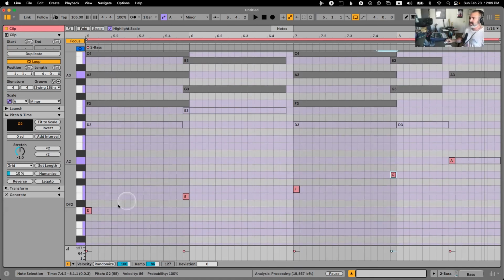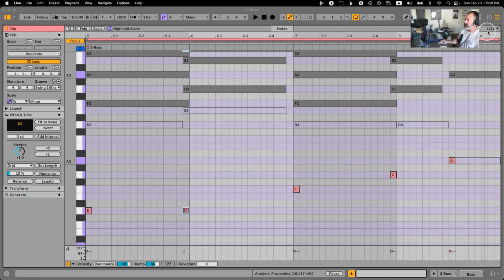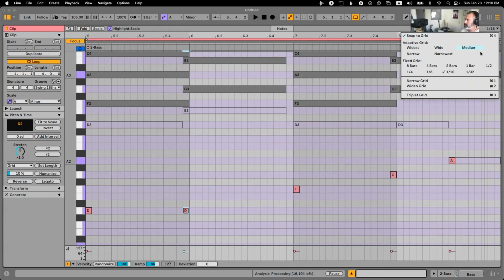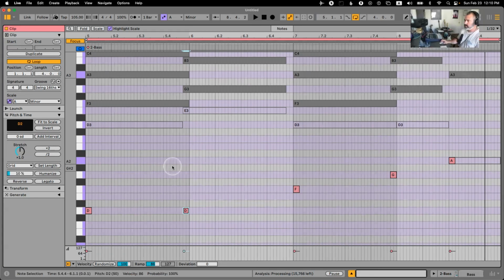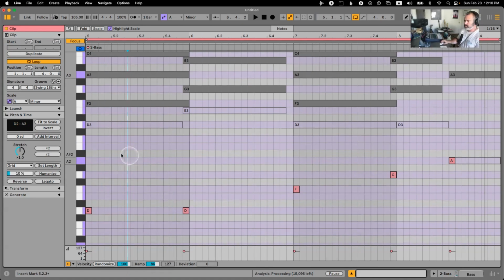Now, if we keep a D and D, now we can start adding so much more things in between. And if you remember from our bass classes, octaves are kings when it comes to bass lines. Octaves are absolutely amazing. Because it's funk, I would recommend actually going into the 32nd note grid. Here we have more options. Let me just go back, Command 2, to the 16th note. So for example, I might add,